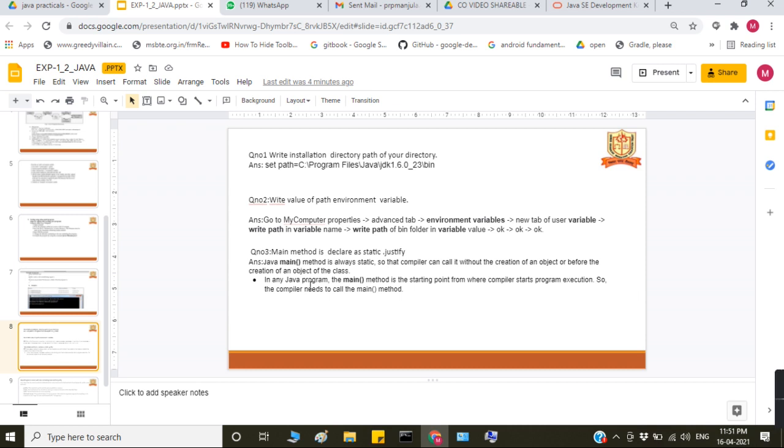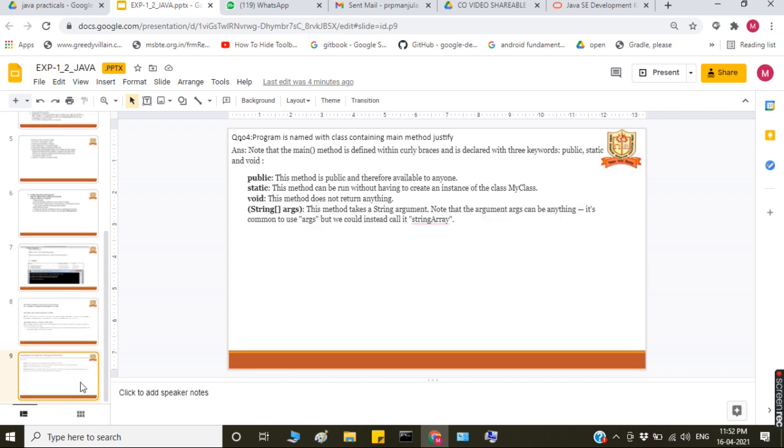In any Java program, the main method is the starting point where the compiler starts the execution. The compiler searches for the main method of the class and starts the execution from the main method only. That's why the main method is necessary.